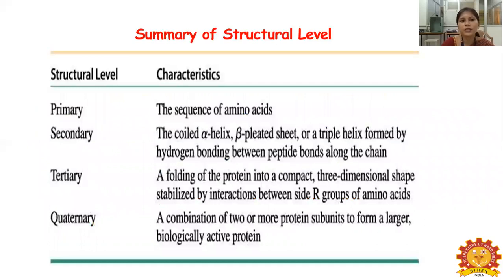If you see the summary of the structure levels, primary is the sequence of amino acids. Secondary means the coiled alpha helix, beta pleated sheet, or a triple helix formed by hydrogen bonding between the peptide bonds along the chain. The tertiary structure is the folding of the protein into a compact three-dimensional structure, which is stabilized by interactions between the side R groups of amino acids. In the quaternary structure, a combination of two or more proteins is needed to form a larger biologically